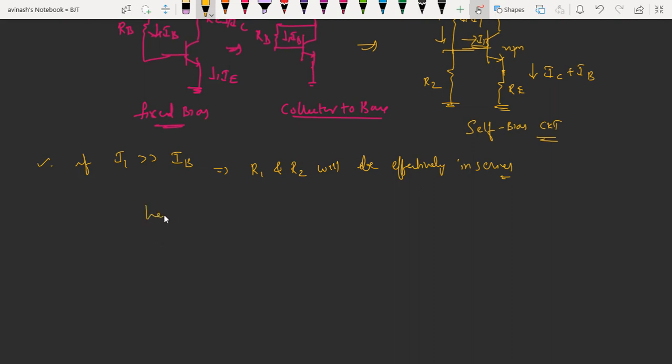Hence R1 and R2 form the voltage divider network. Okay, using the voltage divider network,